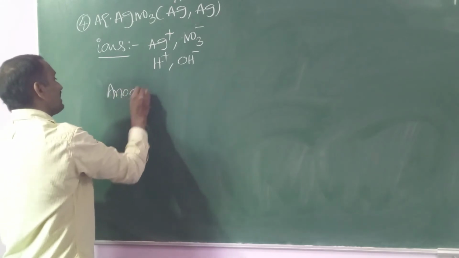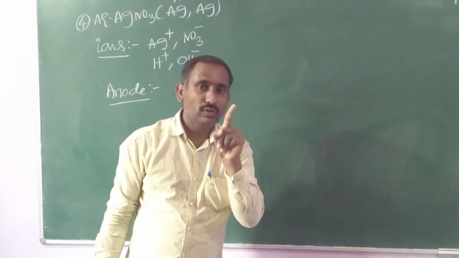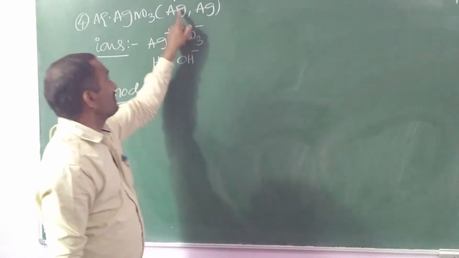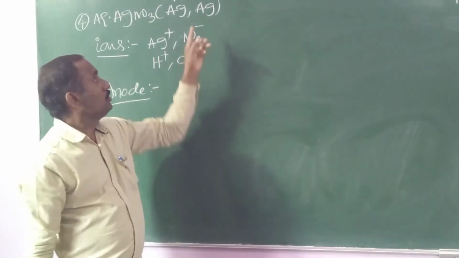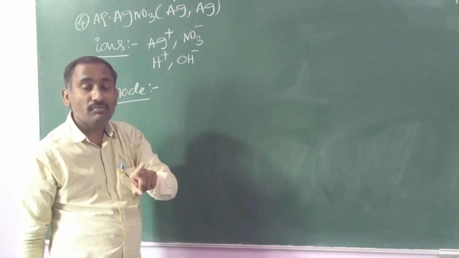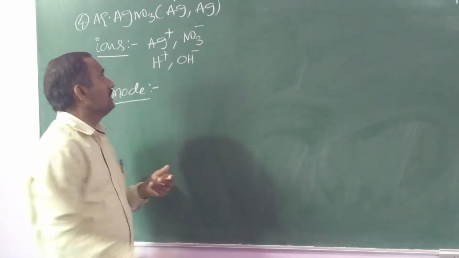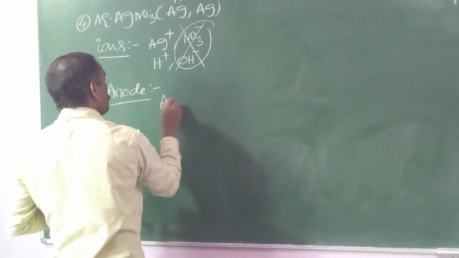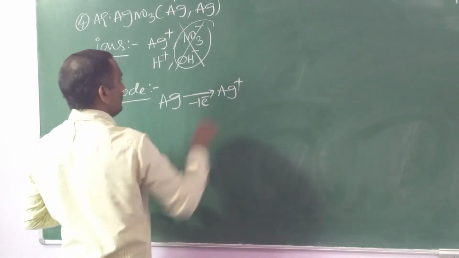Anode. First of all, checking is important. How can you check? Whether the given electrodes are active or inert. Whenever inert electrodes are there, in such a case, ions participate. Here silver is an active electrode. There are only 2 inert electrodes, graphite and platinum. So this silver is an active electrode. Whenever active electrodes are given, instead of ions, the metal itself is involved in the reaction because of its active nature. Compared to anions, the metal readily loses electrons. It loses 1 electron and becomes Ag plus.